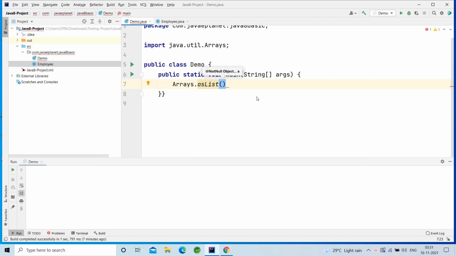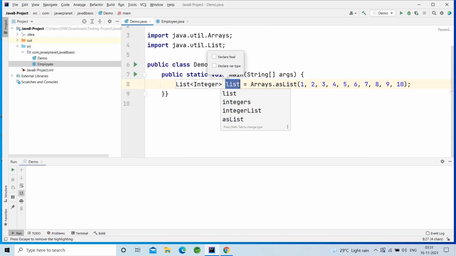In that, I will take some sequential numbers: 1, 2, 3, 4, 5, 6, 7, 8, 9, 10. Here I have taken 10 numbers. Press Alt Enter, introduce local variable,